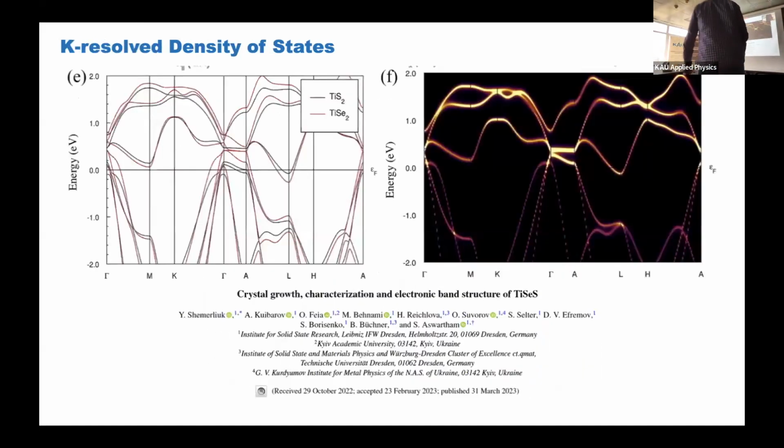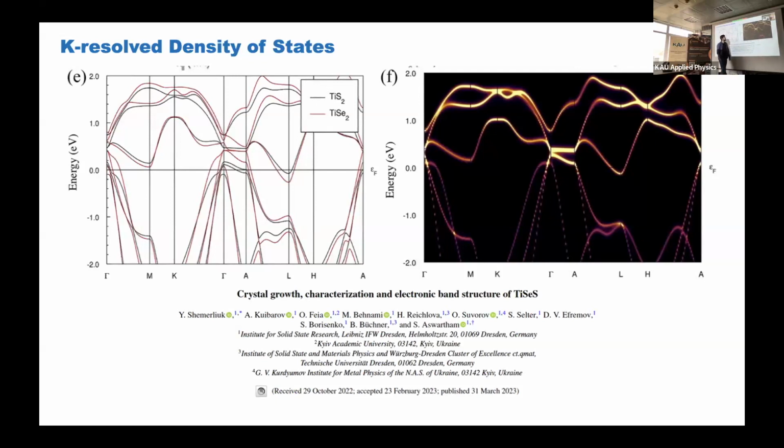So this is from our paper. This is what I call fat bands. And here you see just ordinary bands for titanium diselenide. We had to compare those two materials. And you see here that some bands are really fat, really wide, and some bands are very tiny, and we almost don't see them.